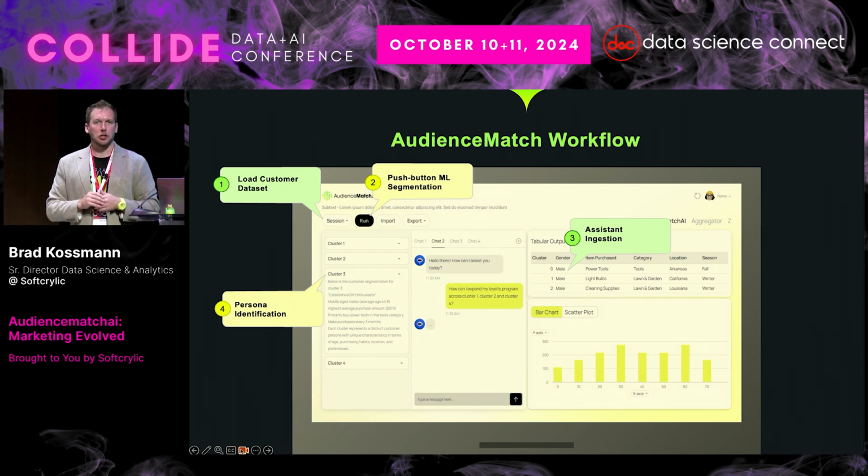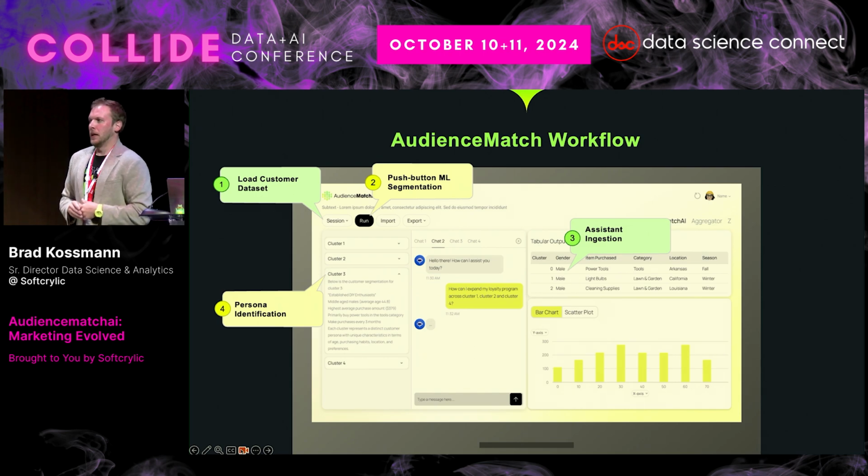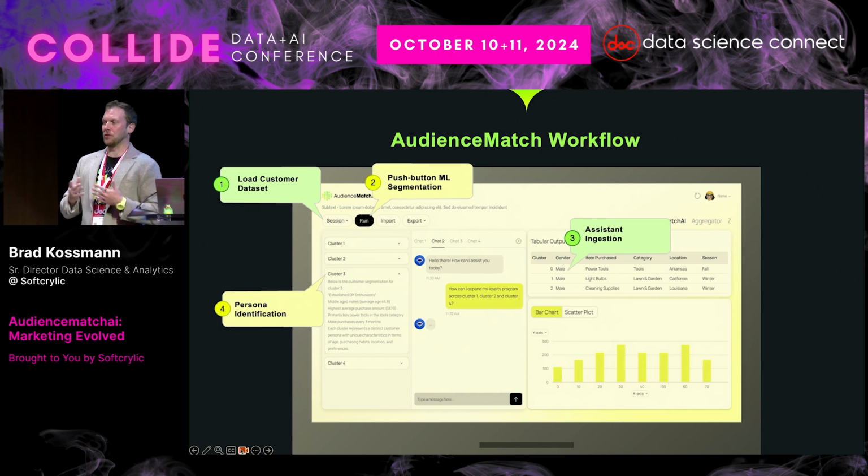see the Gen AI shine, because it is able to ingest what to a human being would be kind of an overwhelming number of cells in a heat map or a spreadsheet, and then boil them down to very sensible bite-sized snippets of human-readable information regarding the characteristics of each customer segment.